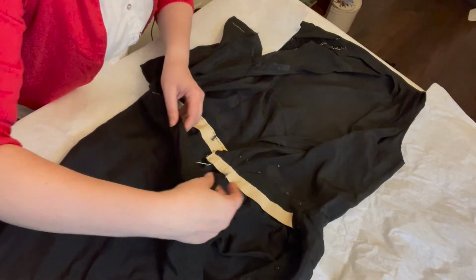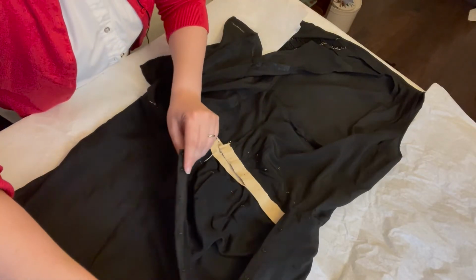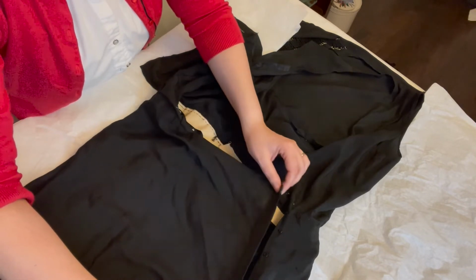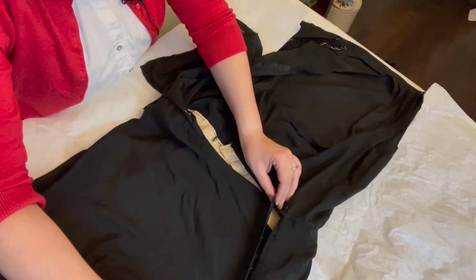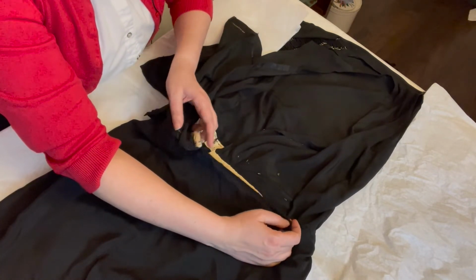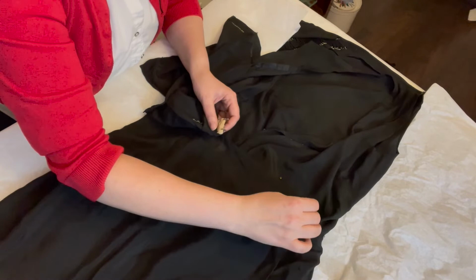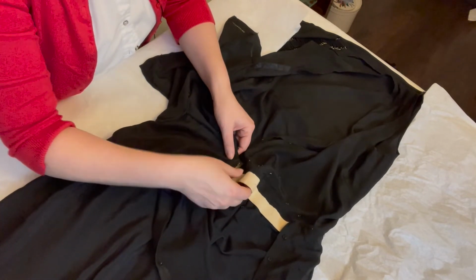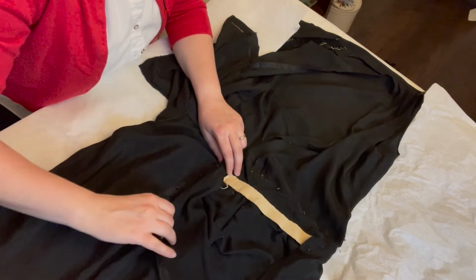Okay, but if we close this up, it closes with many snaps. So 5 up, and 1 hook at 4 and a hook and eye up to about here, and then we have areas where there should be snaps and there are not. Actually, also this closes with hook and eye, and then